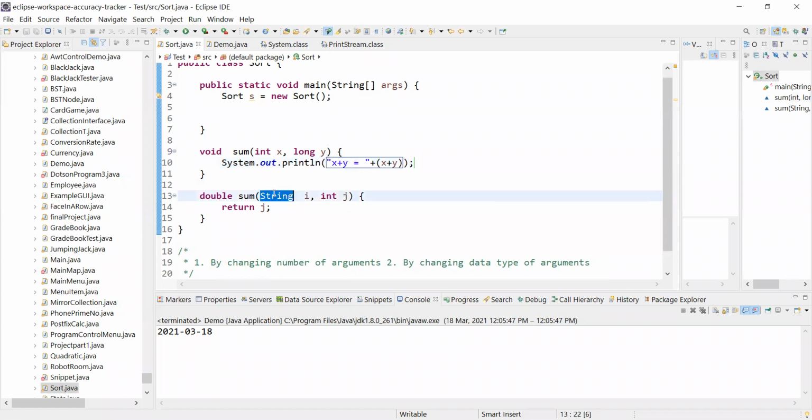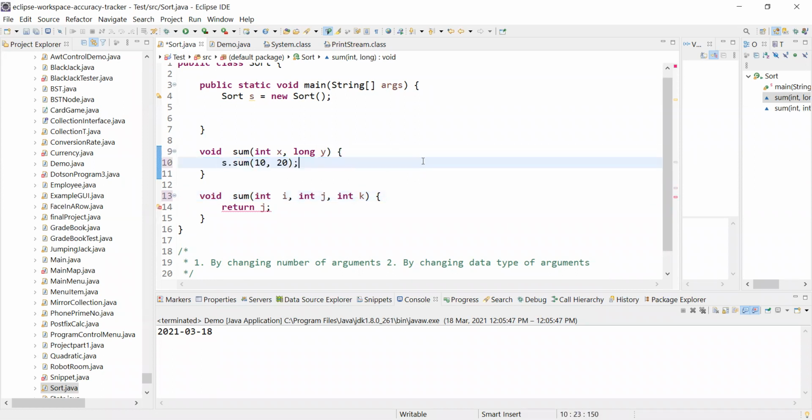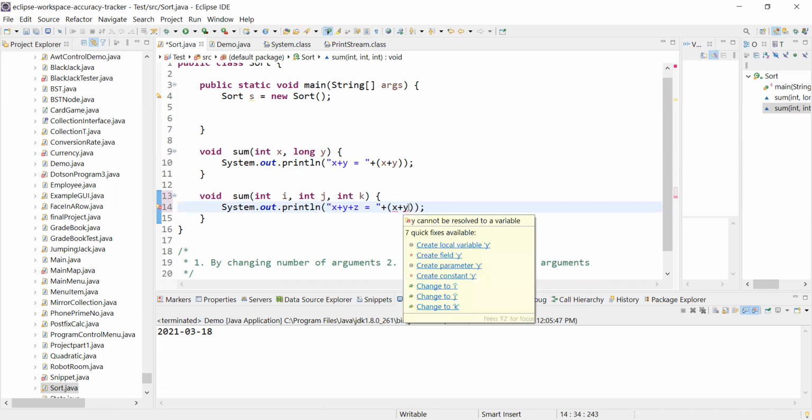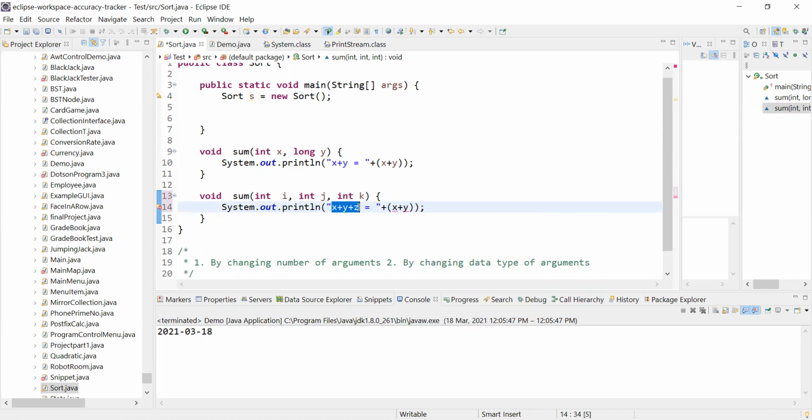Let me take int i, int j, and int k, and it is also of type void, it doesn't return anything. I'll print i plus j plus k. Okay, now I'm trying to call it.